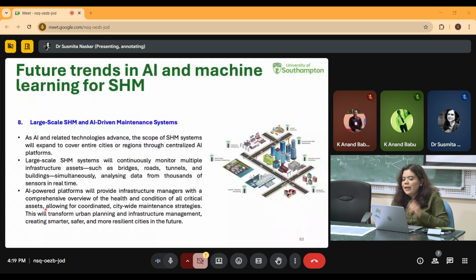And real-time multi-asset monitoring is very, very important in those cases because we are talking about large-scale SHM that will simultaneously monitor multiple infrastructure assets. Sometimes we are talking about the whole city. So we are not only talking about the roads, we are talking about the whole city perspective. That means bridges, roads, tunnels, buildings in the whole city region, right? So you can understand how big the whole monitoring system would be and how complex the monitoring system